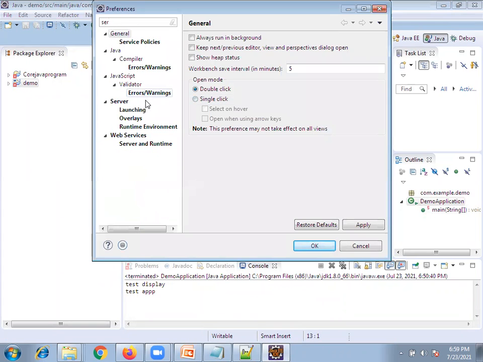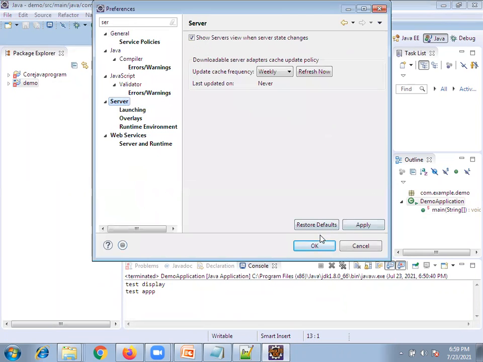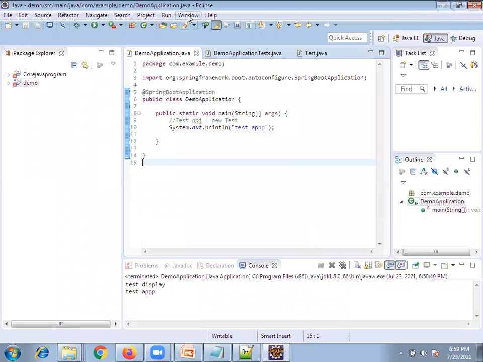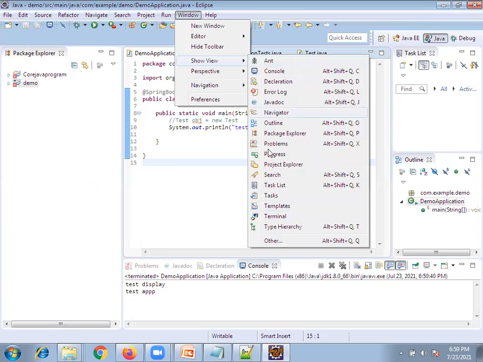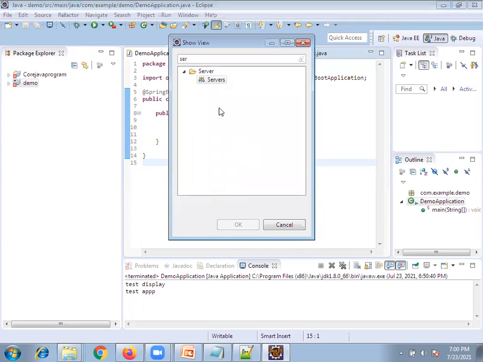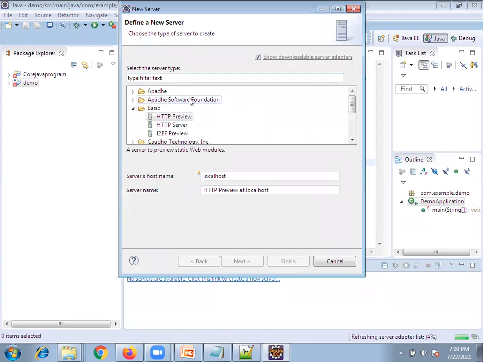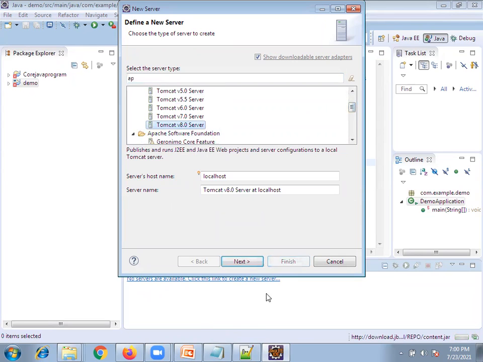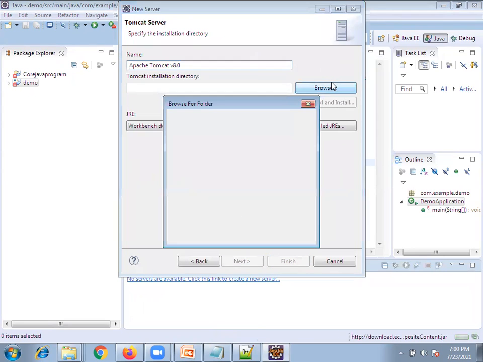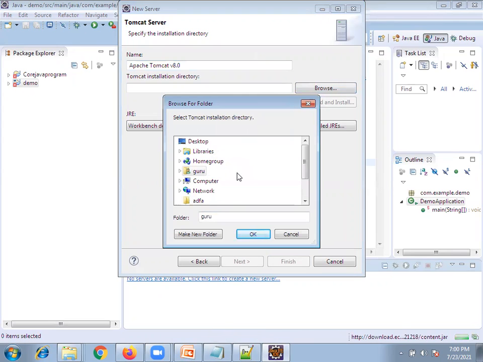Once you select Servers, you open the other server options. Click here, and select the HTTP server, Apache software. Now let's assume Apache. Select which Tomcat version. Let's take the latest version, 8. Then you go here and browse for the manually installed Tomcat server.